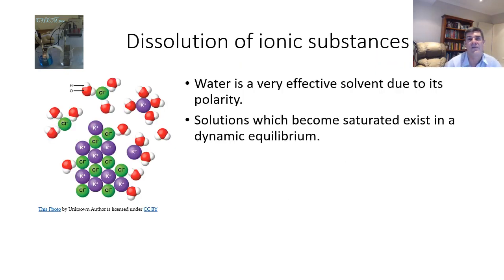So we've already looked at the fact that an equilibrium can be set up by ionic substances which dissolve in water. We've looked at the fact that in any ionic crystal, in a crystal array, you have alternating cations and anions which are equally distributed around one another in direct proportion to the simplest ratio between those two ions. So in this case, we've got a KCl ionic lattice, and the potassium chloride is dissolving in water,